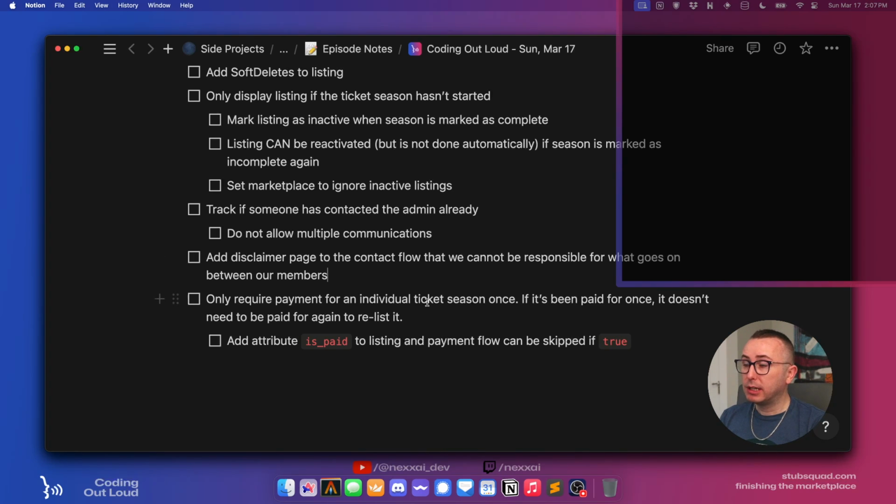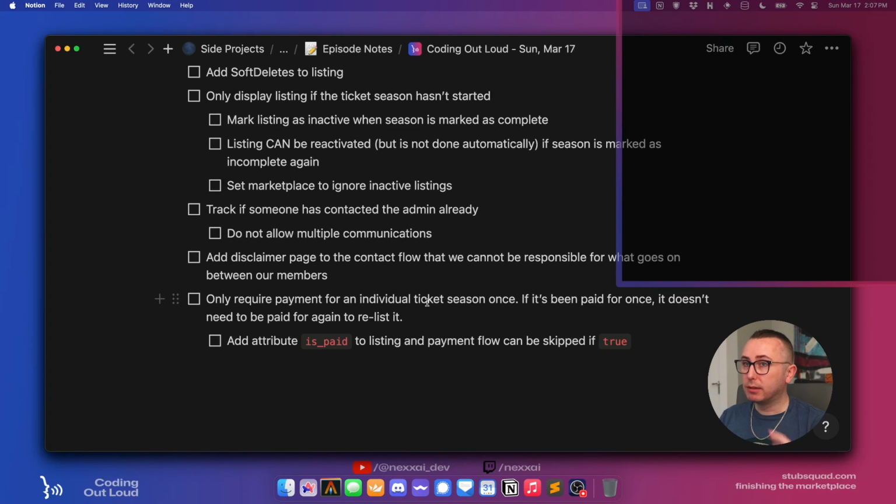The other thing we're going to be doing is adding the purchase flow to allow the season admin to place that listing. The only background work I've done so far on that is I've signed up for an account on Lemon Squeezy, and I've got the API key. I have not installed the package. I've just added the API key to our .env file so that it's already there and I don't have to hide my screen. Other than that, the account should be good to go, but we'll still have to build that flow.